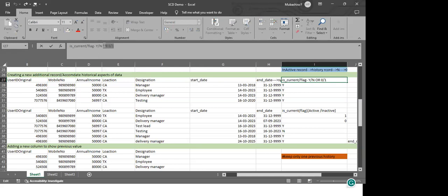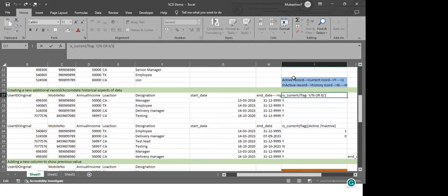So either you keep it as one or zero, or yes or no. Y indicates an active record, which is considered the current record. So the active record will be kept as Y, or if the data type is boolean, we keep it as one. If it is a boolean data type, you can expect all the values to be filled with